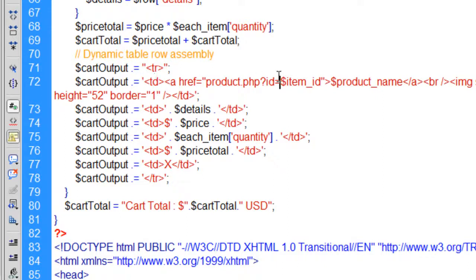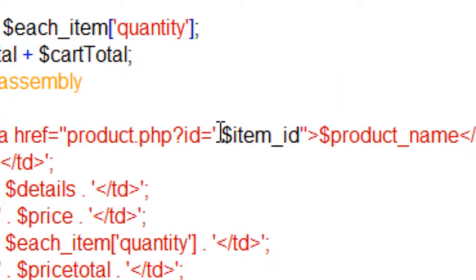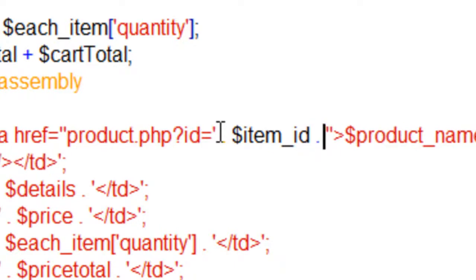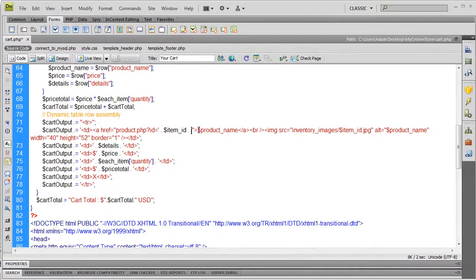Now, if you're going to encapsulate with single quotes and not escape your double quotes within your string, what you have to do is do the old single quote, space, period, space, and then space, period, space, single quote. You have to wrap up each variable just like that. If you didn't, what would show on the page is the $ and the variable name. It will not render the variable. Instead, it will render the variable name and the $. You don't want that. So you have to do this to all the variables,